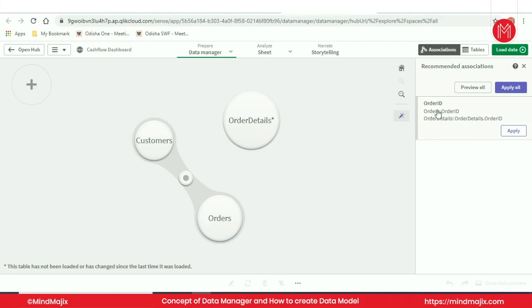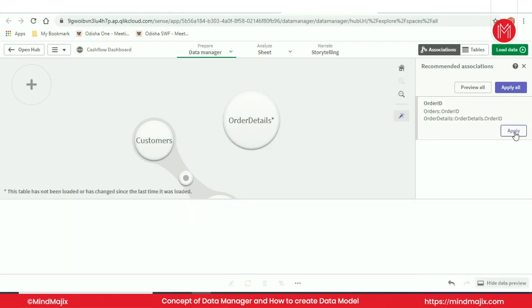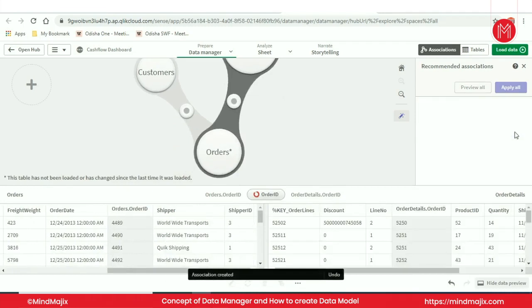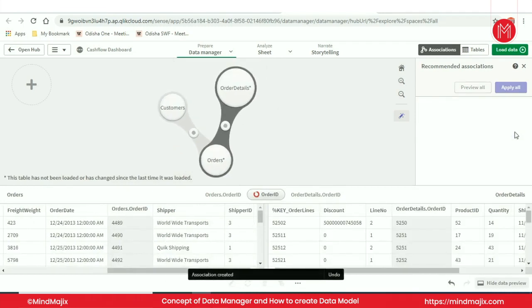See orders, order ID, order table, order ID, and order detail table's order ID. Okay, so this is how it works. So just apply. Now the relationship will automatically be formed. Beautifully, it has been formed. Selected association as order ID.